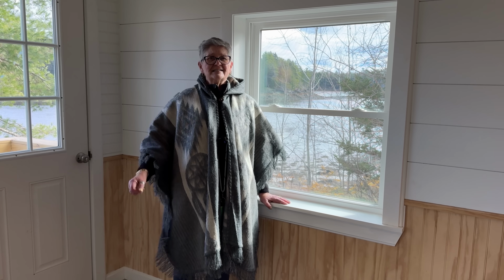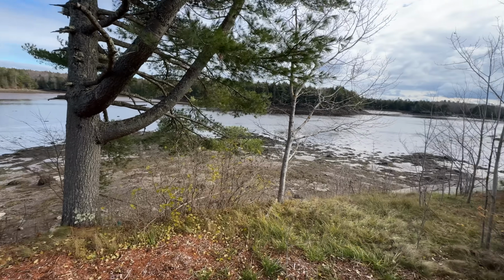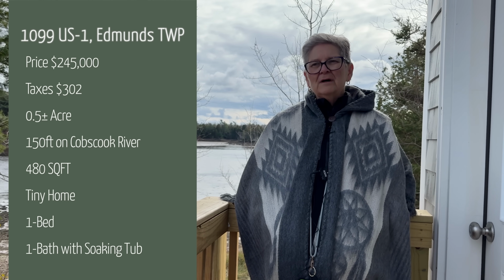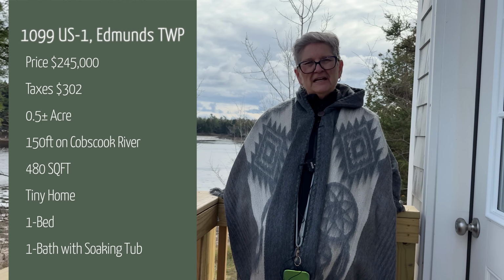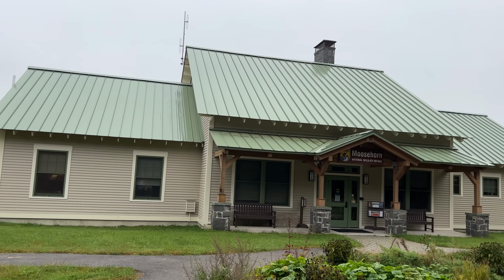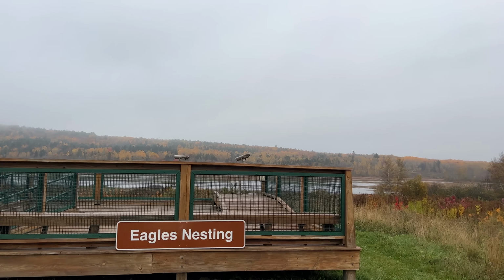So come and join us here in Washington County, where this shows you that life the way it should be in Washington County, Maine. So to summarize, this 480 square foot stick-built home was finished in July of 2025. It's in Edmonds Township, which has a population of around 703 as of the last census. Edmonds is home to part of Moosehorn National Wildlife Refuge, along with Cobscook Bay State Park and